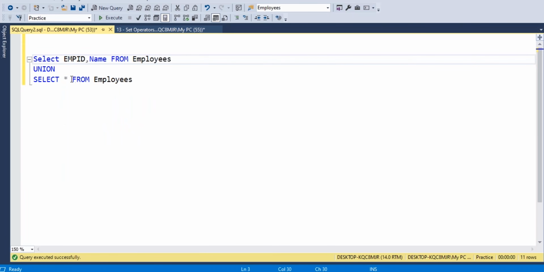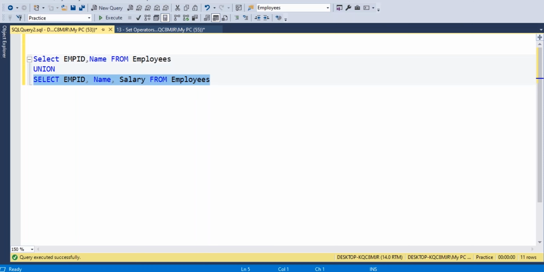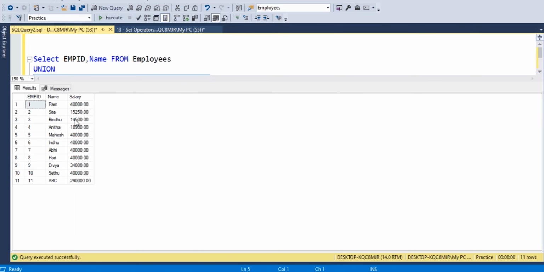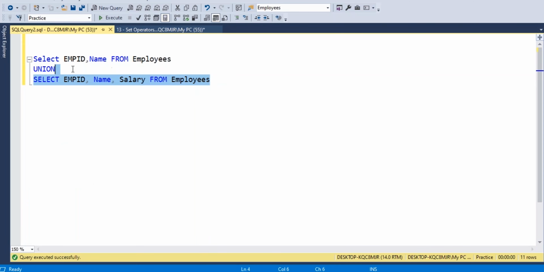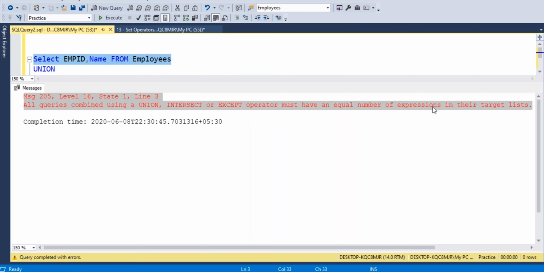But if you read more than two columns in the second statement, you can observe here employee ID, name and salary. The first statement returns two columns and the second statement returns three columns, so when we combine these two it throws an error: all queries combined using union, intersect or except operator must have an equal number of expressions in the target list.